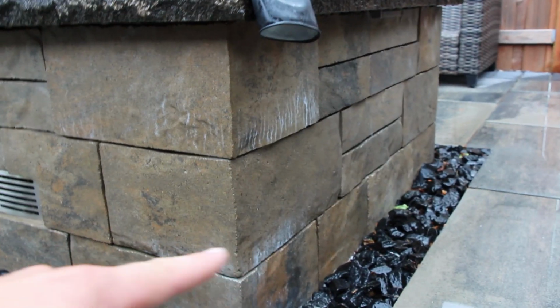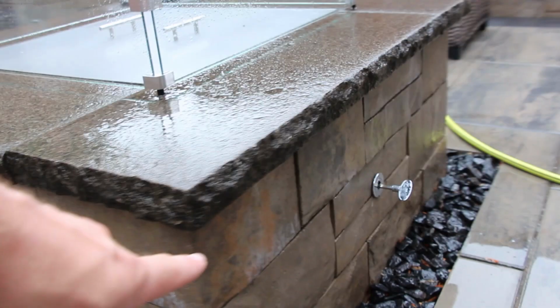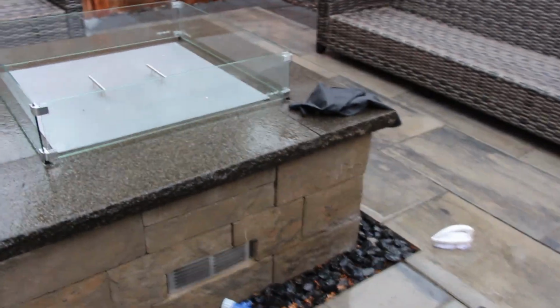I'm gonna do a little bit more on this side as well, because I didn't get that too well. And then I will start to work my way around here and then on this corner and that piece as well. But it's a little bit more difficult with a vertical structure because that efflorescence doesn't stay on the structure. Whereas with a paving surface, what we would do is we would work our way from the bottom of the slope up in small sections